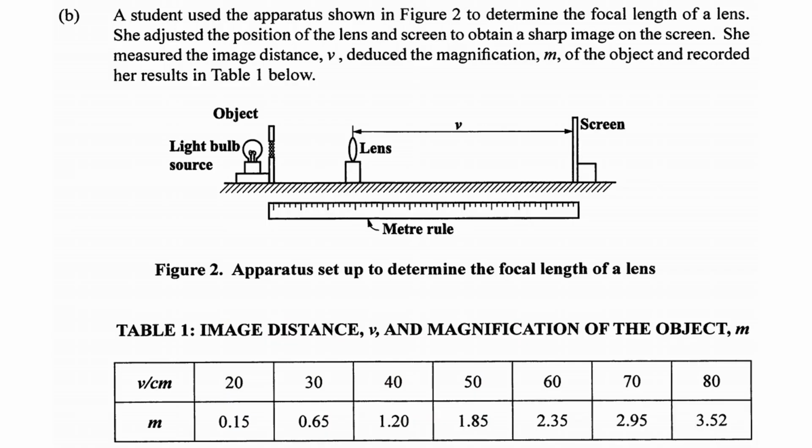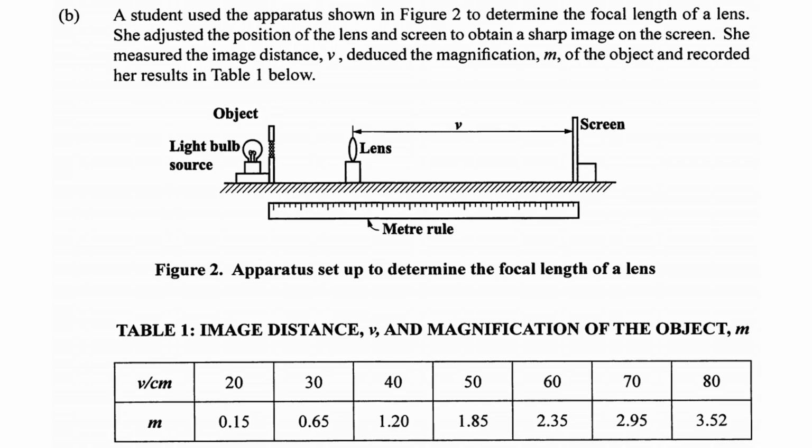Part B of question 1. A student used the apparatus shown in figure 2 to determine the focal length of a lens. She adjusted the position of the lens and screen to obtain a sharp image on the screen. She measured the image distance V, deduced the magnification M of the object, and recorded her results in table 1